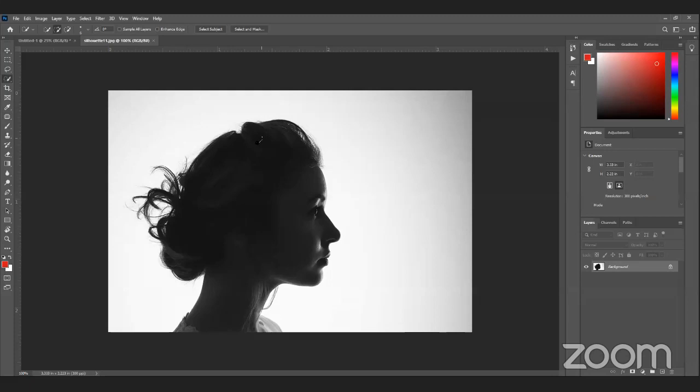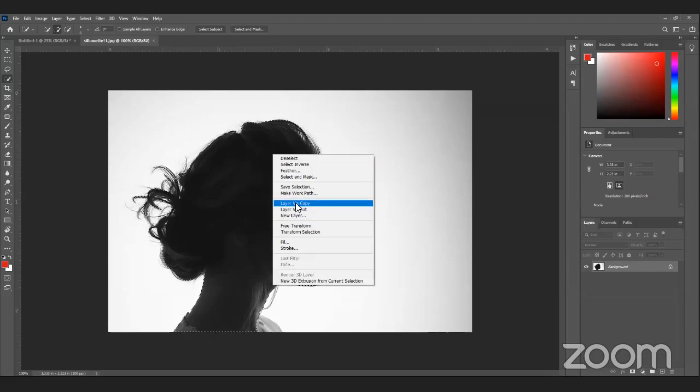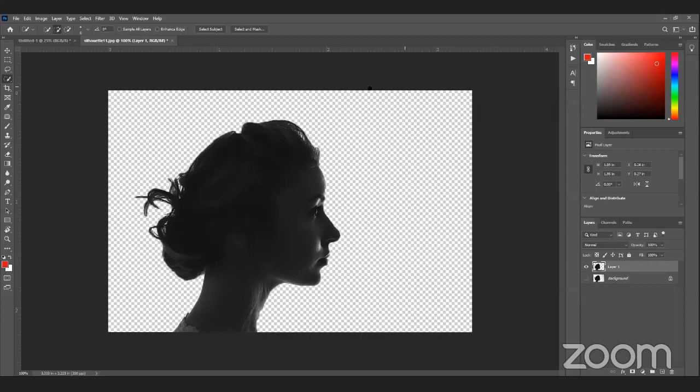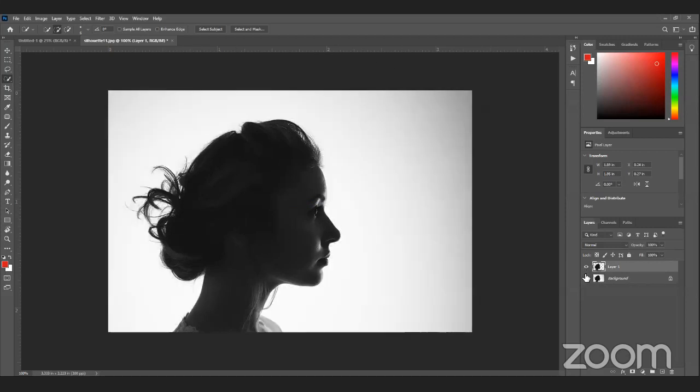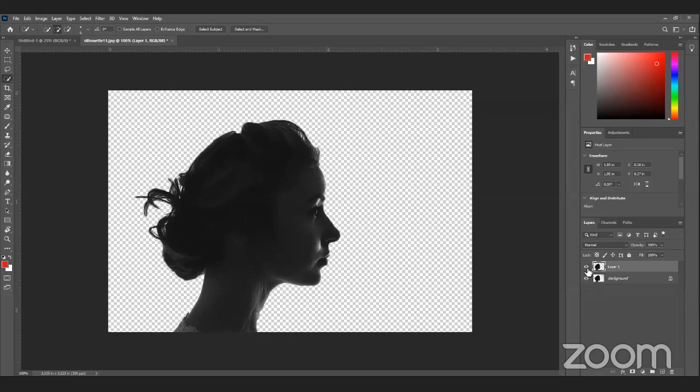Hovering the mouse over the image, you can create a selection, then right-click and choose Layer via Copy. You can create a copy of that selection, and if you want to see your selection, you can click on this eye icon to hide and unhide your layers. This is the selection that I have made, and these checker boxes are the transparency. The background of this image has gone.